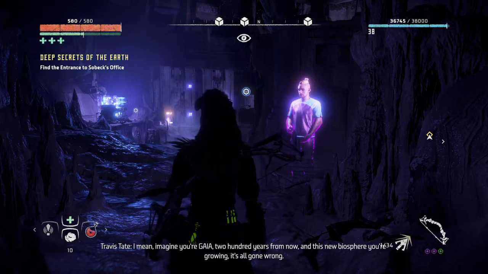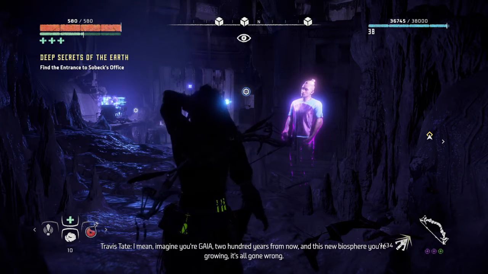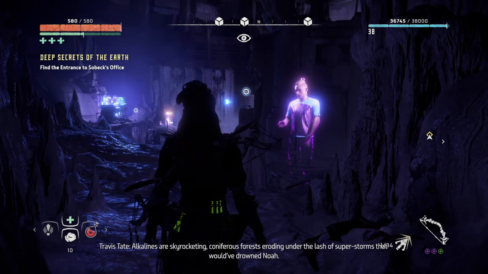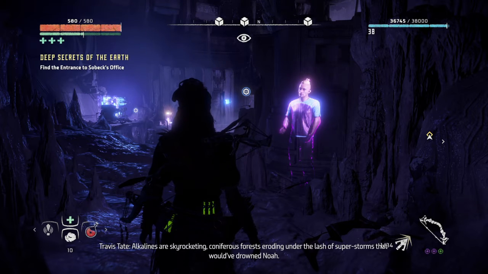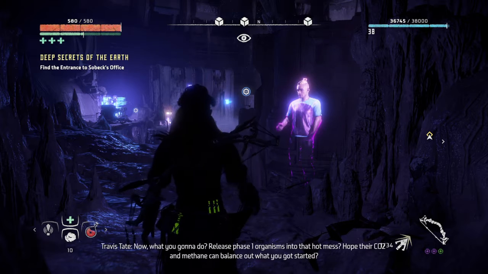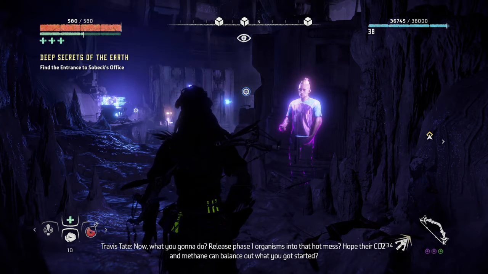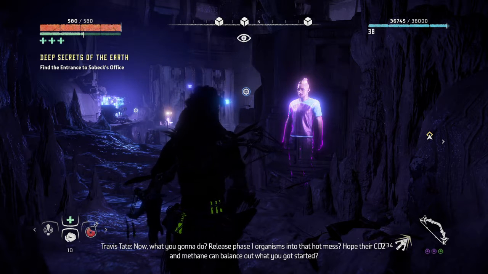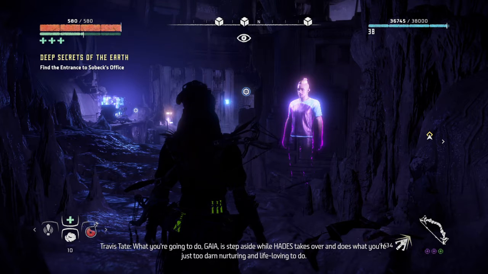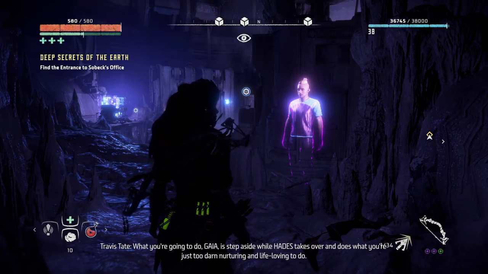I mean, imagine you're Gaia, 200 years from now, and this new biosphere growing, it's all gone wrong. Alkalines are skyrocketing, coniferous forests eroding under the lash of superstorms that would have drowned Noah. It's chaos. Spinning top that won't stop wobbling. Now what are you gonna do? Release phase 1 organisms into that hot mess? Hope their CO2 and methane can balance out what you got started? Hell no. What you're gonna do, Gaia, is step aside while Hades takes over and does what you're just too